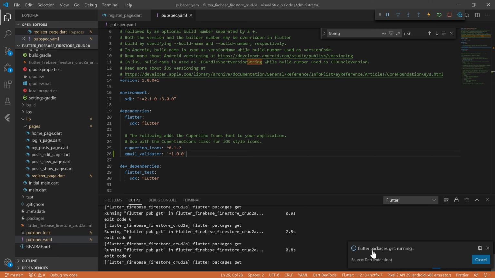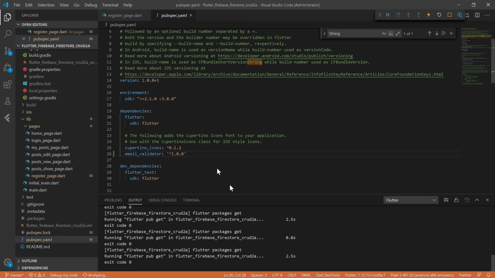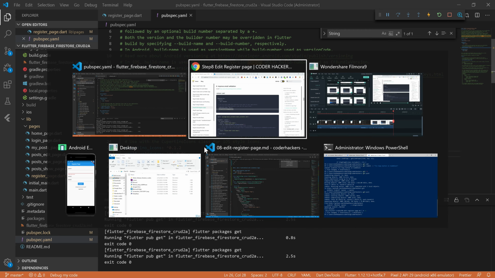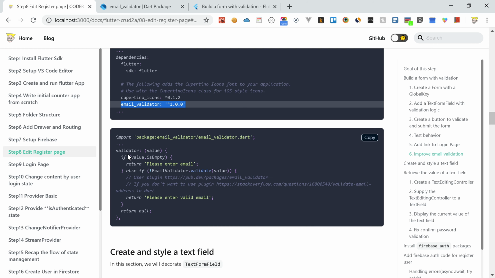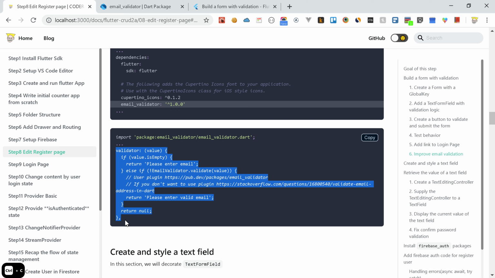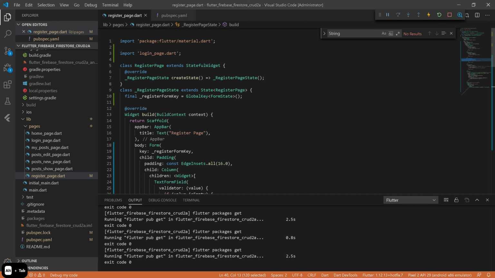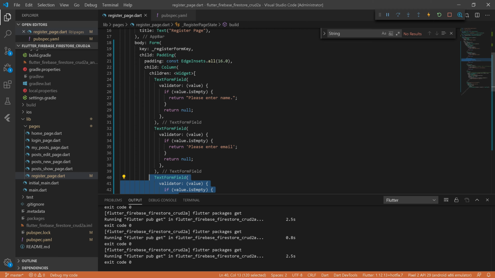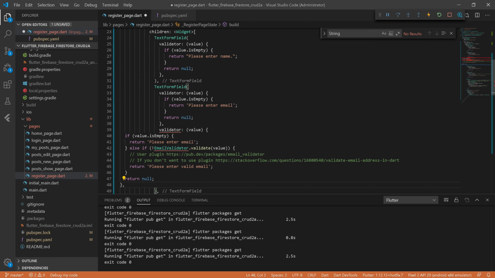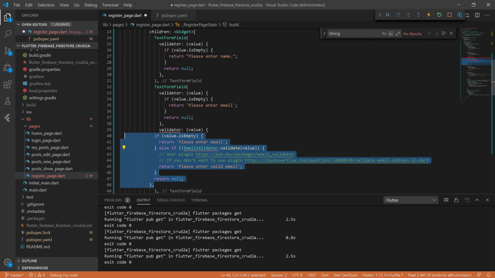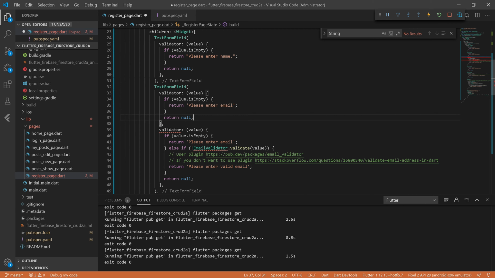It will automatically download the added packages. Okay, so the download is finished. So go back to the document and please copy this and open the editor in the register page. Please find the email field and under the email field validator,